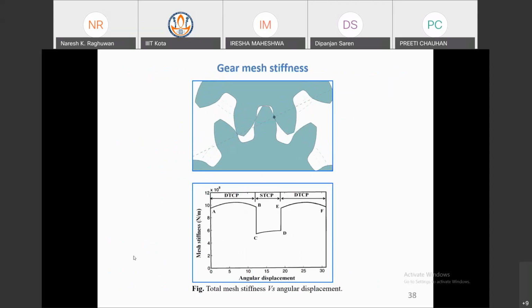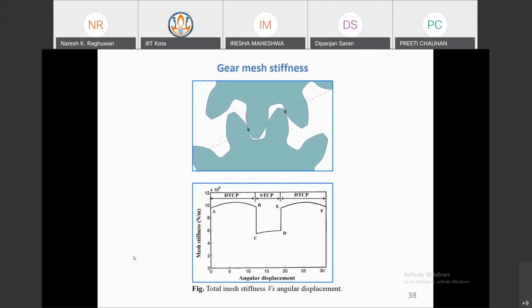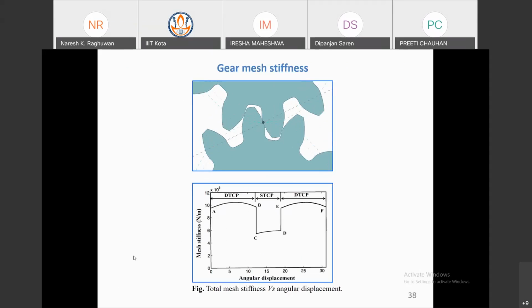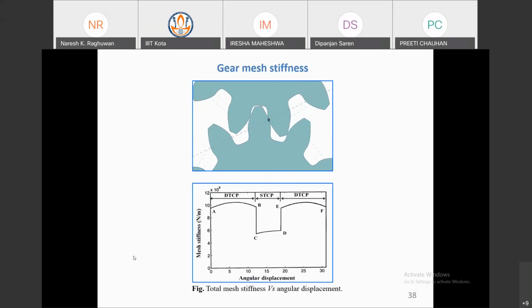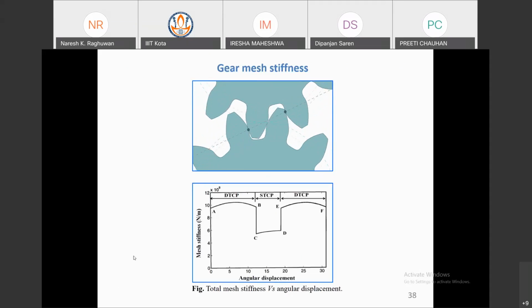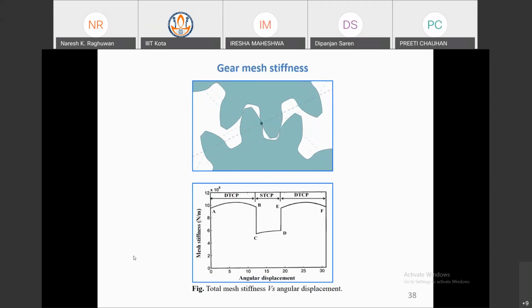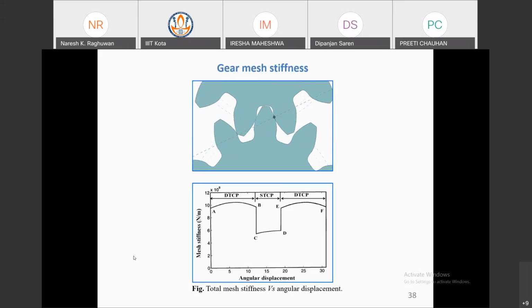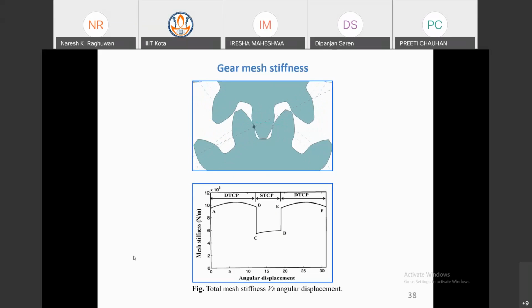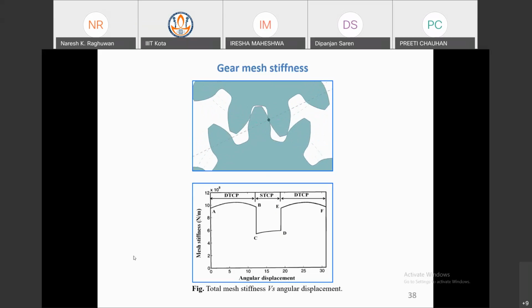But the case is gear mesh stiffness, and many researchers are doing their best to calculate the gear mesh stiffness. Gears are a very complicated structure, and at the macro level you can see there is not much difference, but at the micro level, when finding the fault, you have to know, at what rotation of the gear, at what time, what is the value of the mesh stiffness.